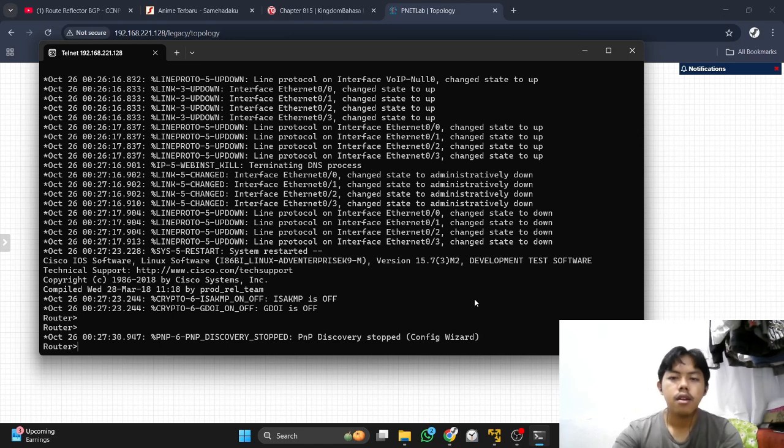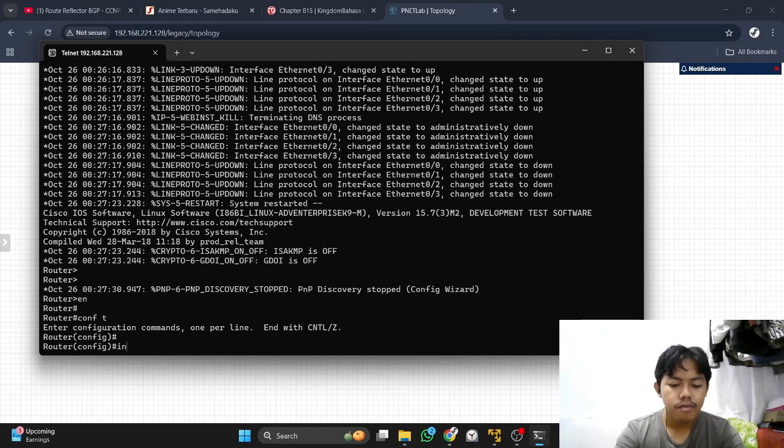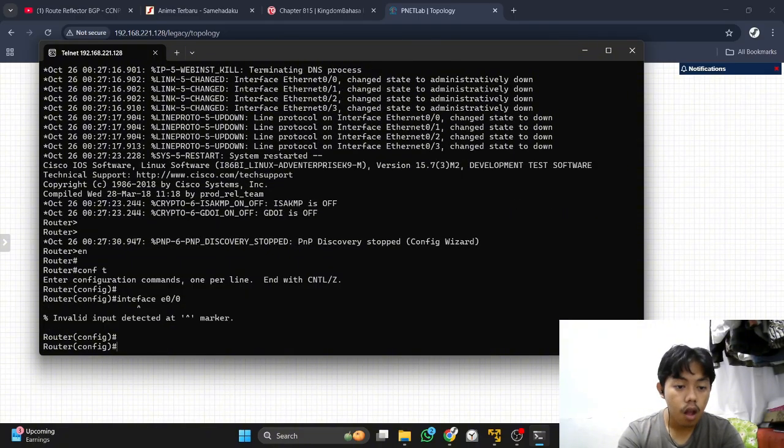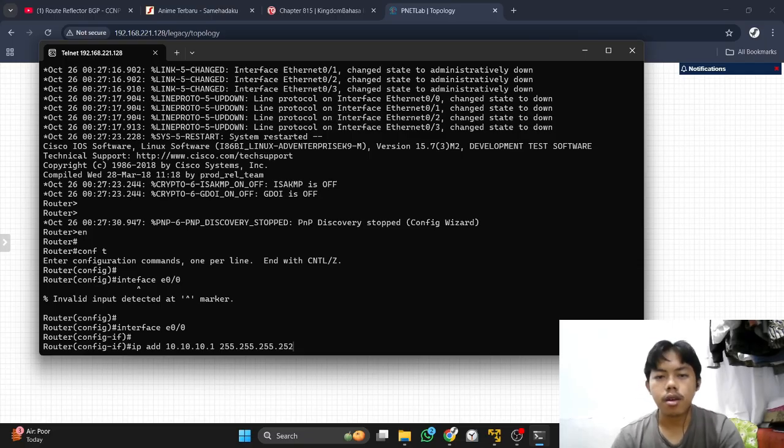First, we will create the interface for this router: interface, IP, and the subnet. You know, it's totally different from MikroTik.